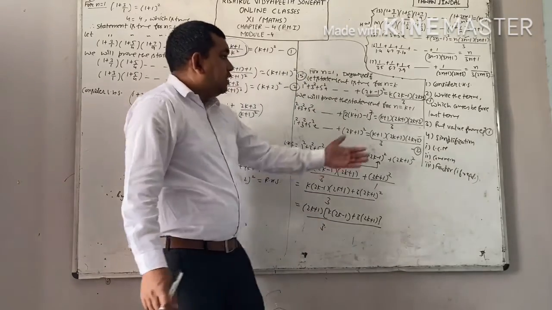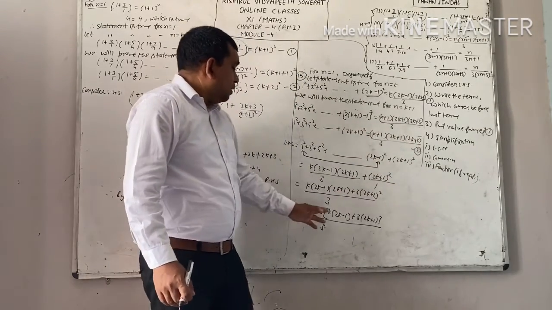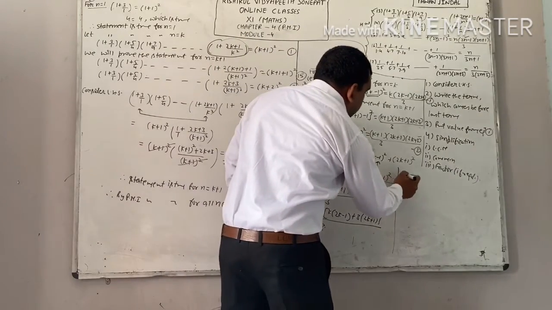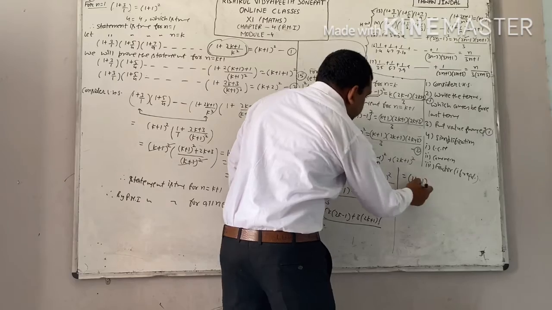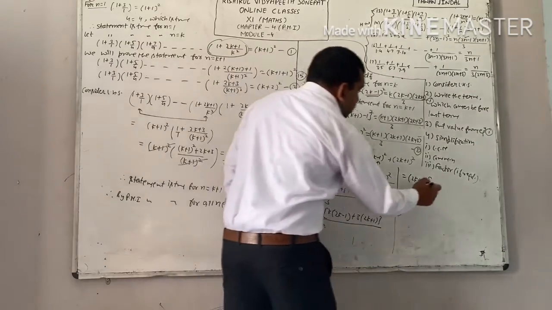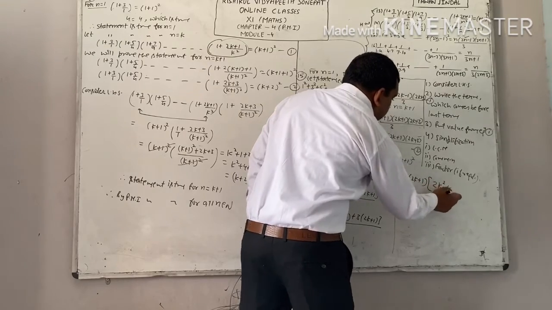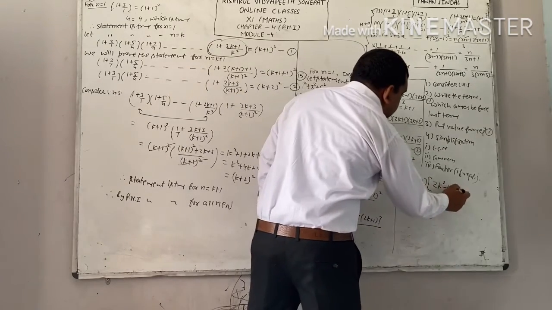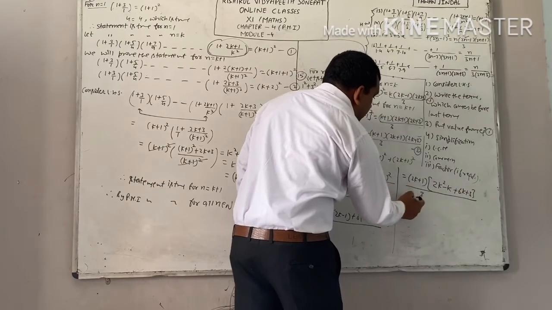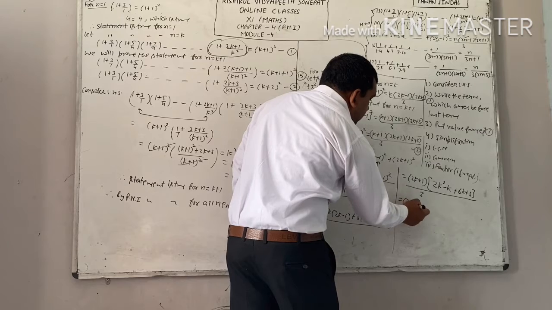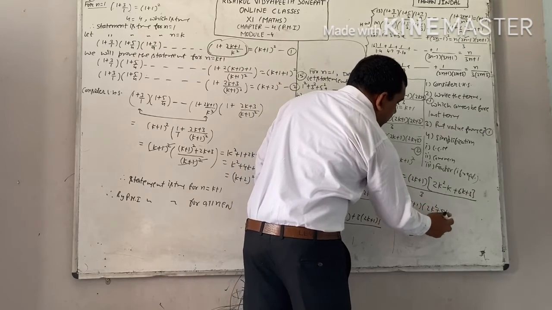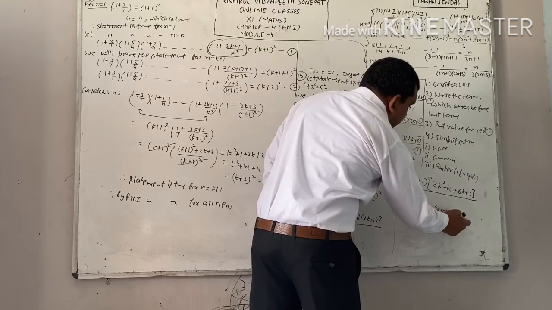Now, first step we have applied LCM, common we have applied. Now, see what this will become. This will become 2k plus 1, multiply k inside, you will get 2k square minus k, this will become 6k plus 3, whole divided by 3. This is your 2k plus 1 into 2k square plus 5k plus 3.